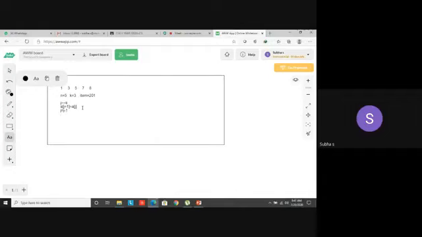Your i value is 0 initially. What's my j value? J equal to n. That means I am assigning the total size 5. Now I want to insert the item 201 at position 3. So what will be my output after insertion? 1, 3, 201, 5, 7, 8.